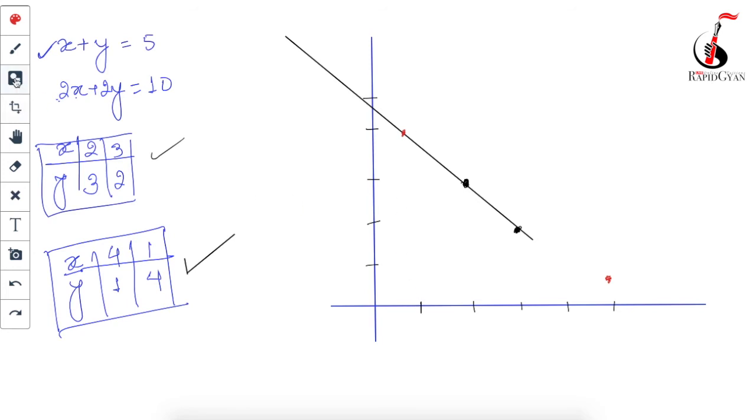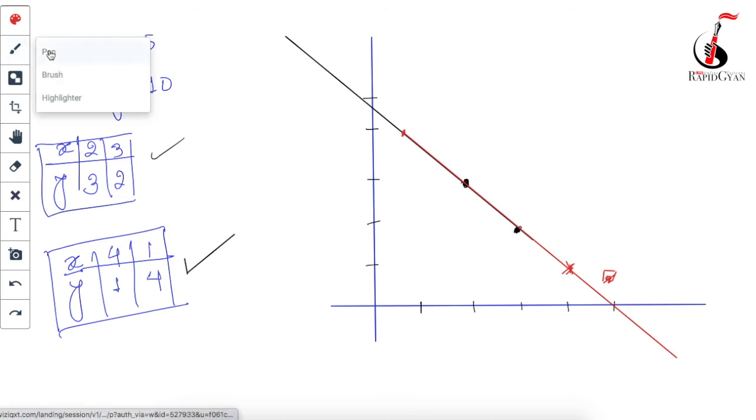So if you are going to draw the line from here to here, 4, 1 will be somewhere here, beta, correct? 4, 1 will be somewhere here. That one is the 5, 1. This one is 5, 1, correct?